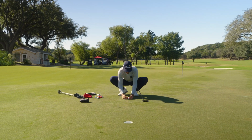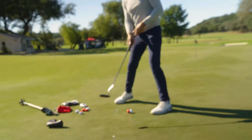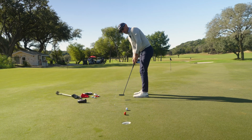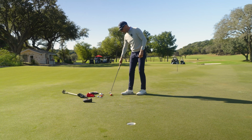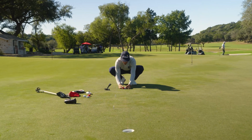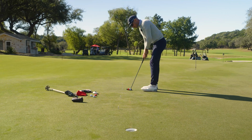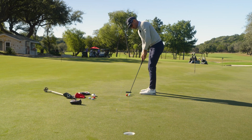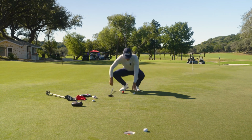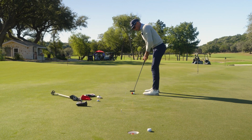Okay, now let's see how I do here with the pills, because the 2-pill drill is going to show us how I release the club, just like you do with a driver. You hit a draw or a fade. So let's see. Right, so they're going down the line already. I'm loving that. I'm going to move a little further away. So now at my 9-foot, I have the line just out of the corner of my eye. And I want them to roll right down the line if I do it right. Good, so my face was slightly open and then I released the club. But that would have been, if I make one with 1 pill, I would have made a regular golf ball. So now,